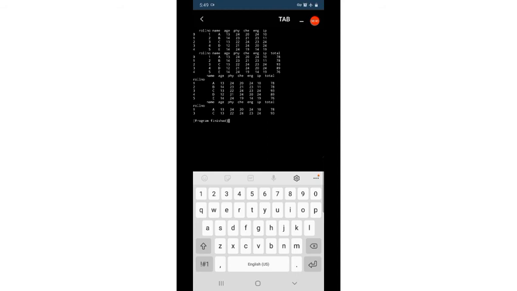So the details of roll numbers 1 and 3, that is the first student and third student, are displayed.